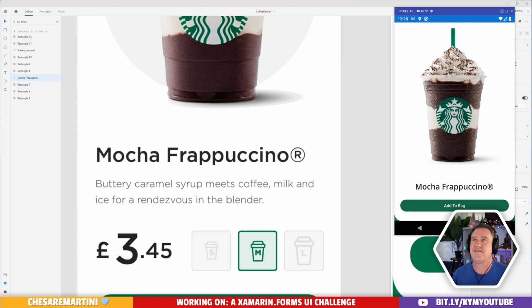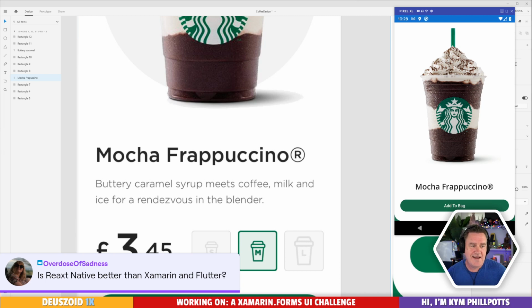Question. Let's have a look at that question. Is Xamarin Native better than Xamarin and Flutter? Hello. I don't think any's better than the other. Let's look at it that way. My personal viewpoint is you use whatever's right. If you're more into web stuff, React Native's probably a good place to go. If you're into C#, Xamarin's a good place to go.